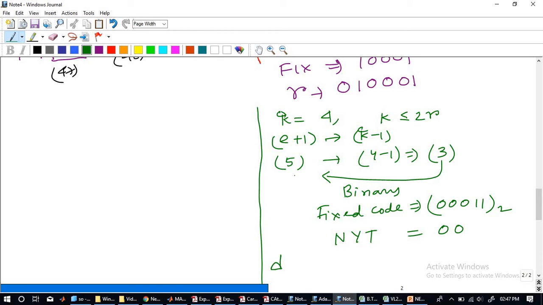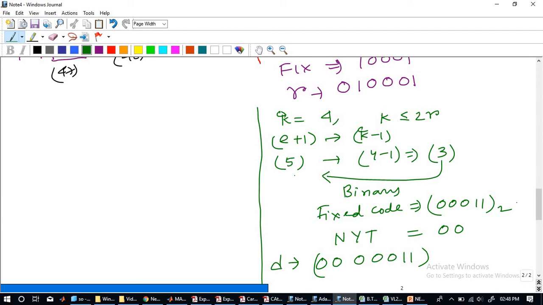So when D appears, the code will be 0, 0, 0, 0, 1, 1. Are you getting confused? What happened? Is it fine till D?